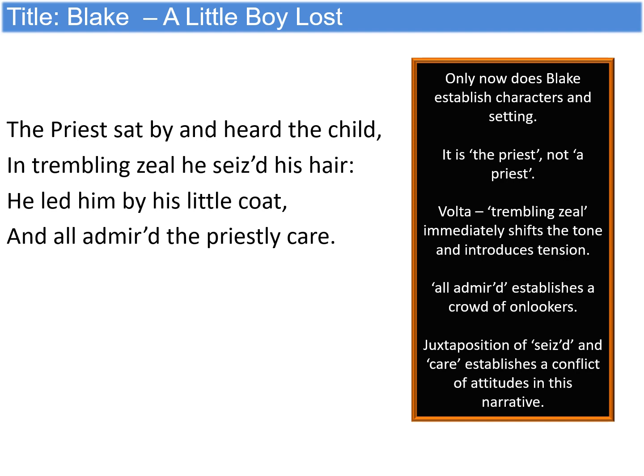I think there's definitely more irony here, and we've seen that a lot in the poems we've looked at this term, the Chimney Sweeper and the Holy Thursday. So only now, in the third stanza, does Blake establish characters and setting, once the ideas have been established, but this priest apparently doesn't like. So it says the priest sat by, so not a priest, but the priest. And again, that might be an interesting nuance there, but it's the priest, perhaps more representative of the church as an institution rather than an individual with their own thoughts and responses.